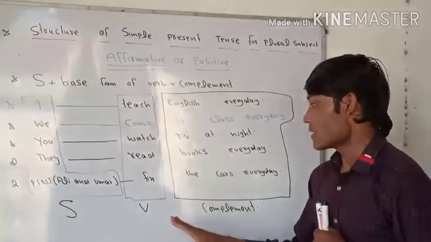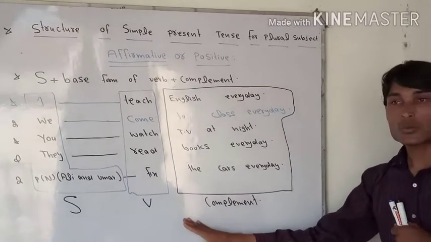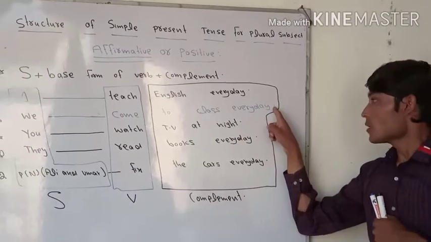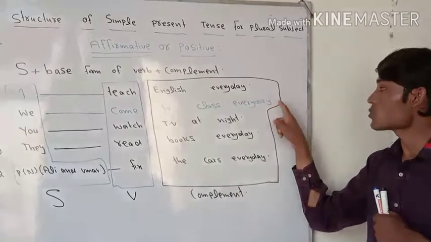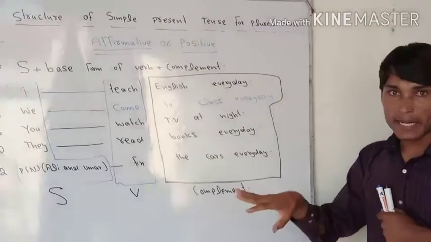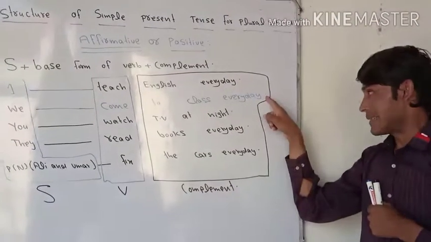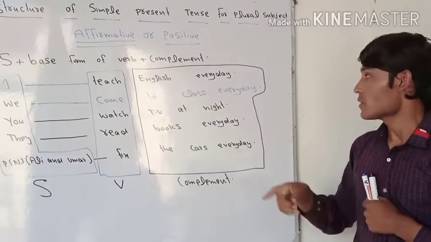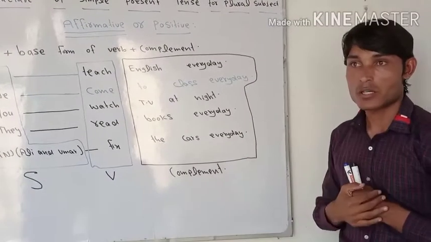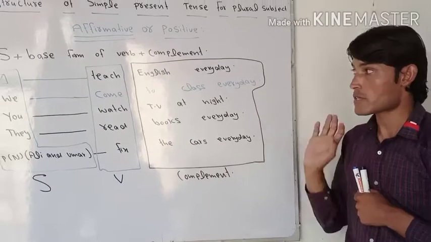In an affirmative sentence, we also need a punctuation mark. This punctuation mark is called a period, while we also call it a full stop. In American English, this punctuation mark is called a period, while in British English, it is called a full stop. Both have the same meaning.